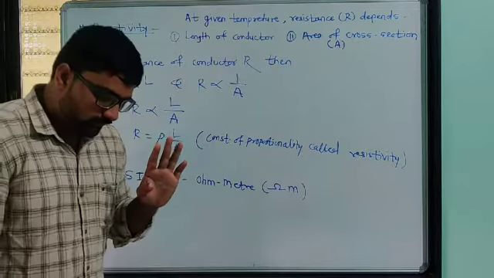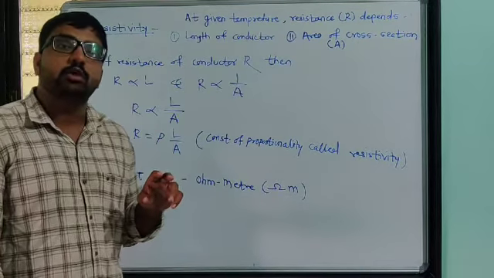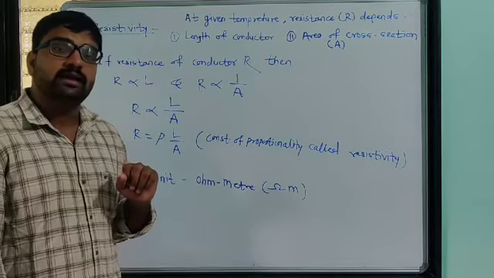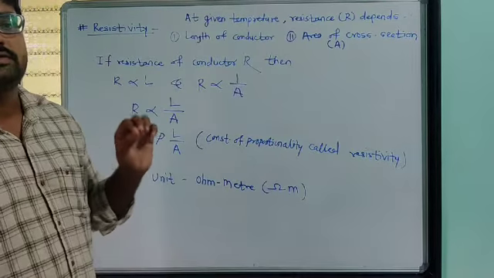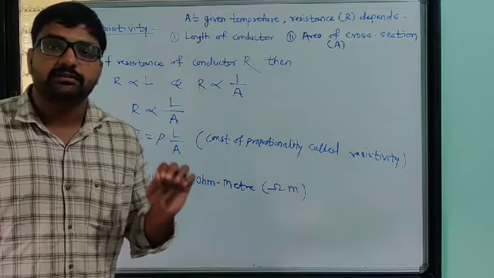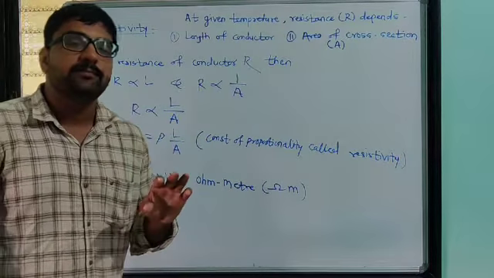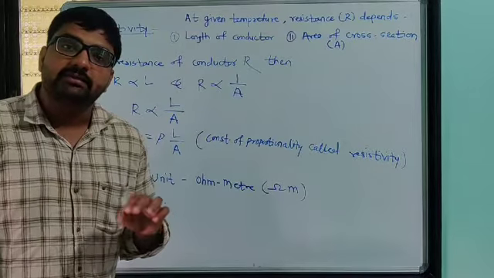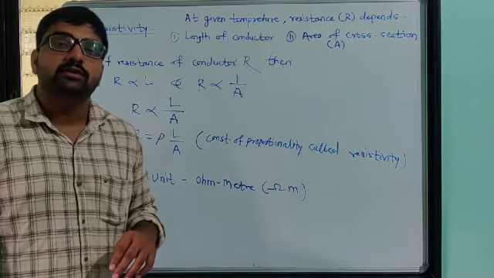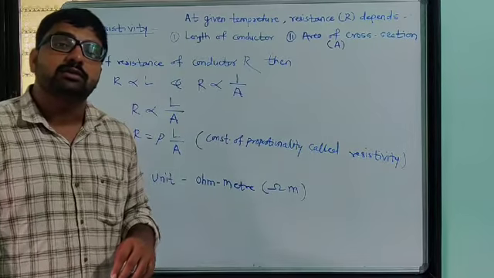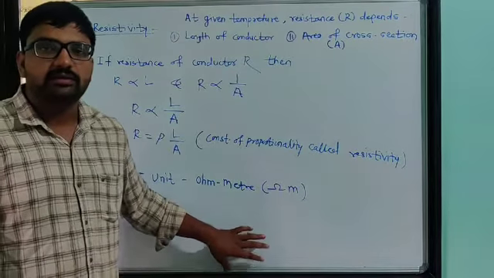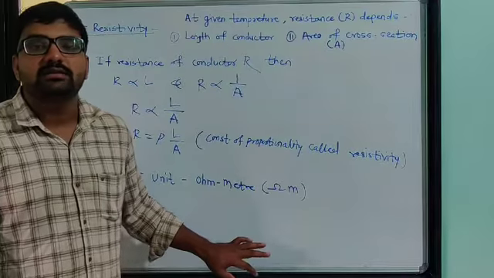Also we have studied the topic of Ohm's law. In Ohm's law we studied that the electric current passing through a conductor is directly proportional to the potential difference applied across it. So I is directly proportional to V. Finally we studied that V is equal to IR, or R is equal to V by I, that equation in the last lecture. So that much study we carried out up to the last lecture.